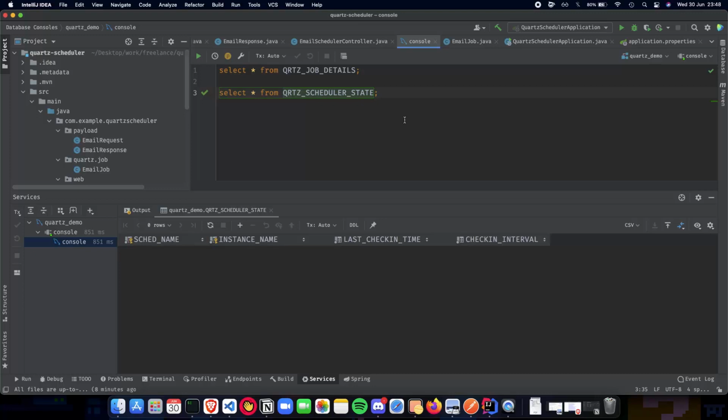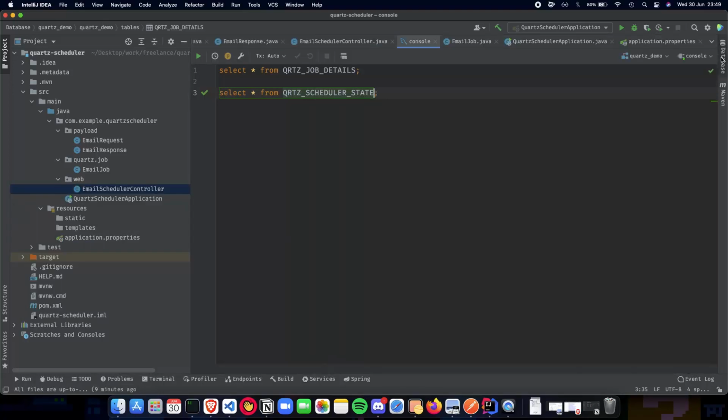If you're working on a microservice, then you will find this handy. If you have multiple instances running for Quartz at the same time, then you can check what was happening, which scheduler has a last check-in time, etc. So this is what happens behind the scenes in the databases. If you would want to learn more about it, then you can go inside the description below and see how much deeper you can go with Quartz schedulers and the databases.